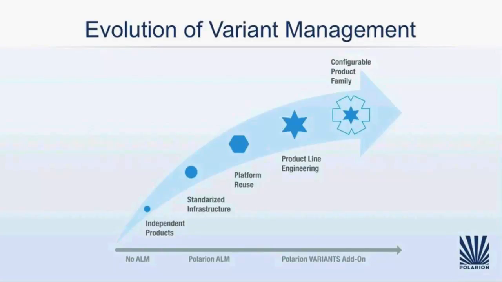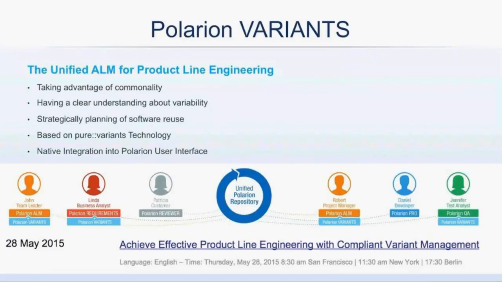Having agreed on this first step, low-hanging reuse benefits, they increase the amount of functionality in the platform to the level where functionality common to several product variants can be managed. In recent years, sophisticated tooling for variability management has been provided, which allows organizations to evolve along the stages in a faster way. So organizations can directly adopt a maximalist variability approach. We built a solution together with established variance management provider Pure Systems, and we integrated the variance management natively into our user interface as a solution add-on.